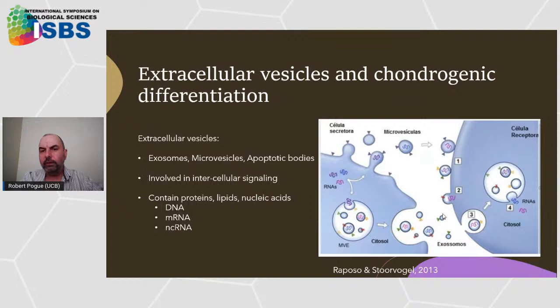Studies for characterization of these vesicles are currently intense, and it has been shown that they contain, as well as lipids, many different proteins, and they also contain RNA and DNA. Of all the RNA species that have been researched so far, all of them have currently been detected within exosomes. So you can find messenger RNA, microRNAs, long non-coding RNAs, circular RNAs, and even transfer RNAs. So, thinking about these extracellular vesicles, we wondered whether vesicles derived from cultured chondrocytes could induce chondrogenesis